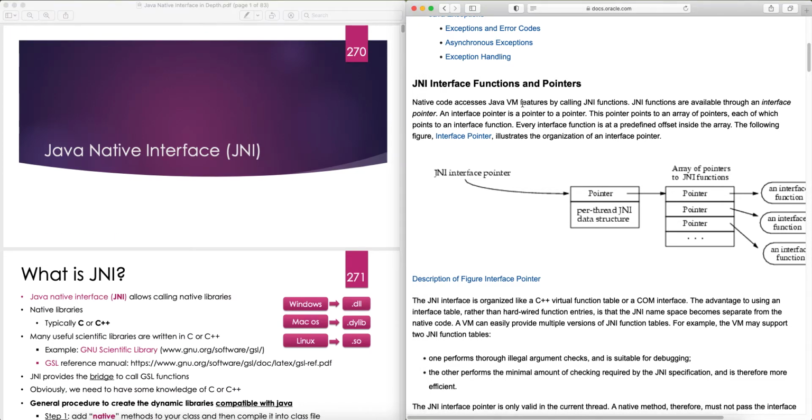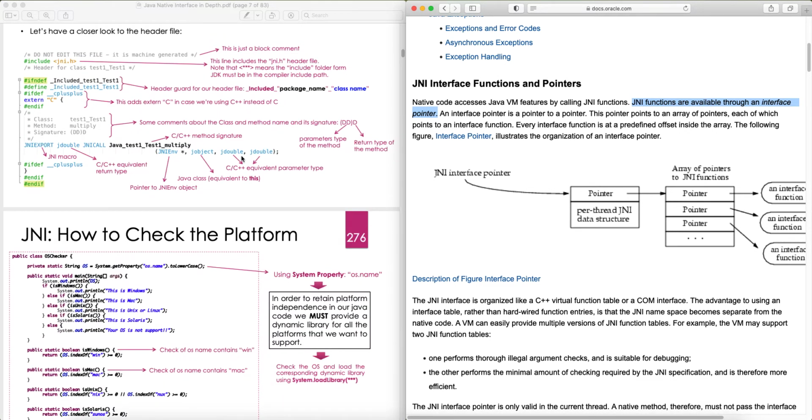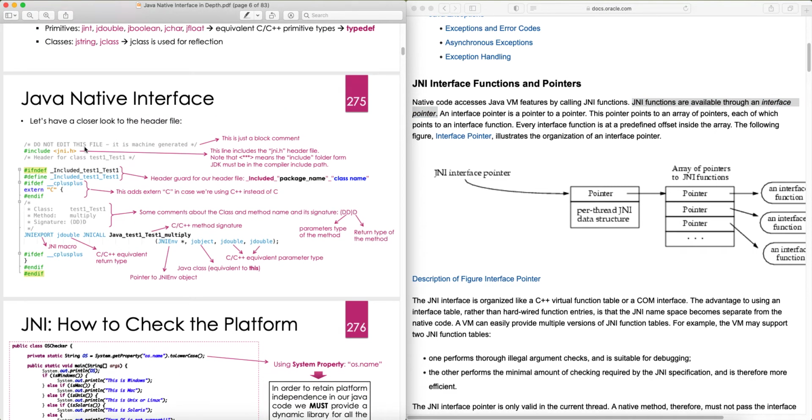Native code accesses Java VM features by calling JNI functions. JNI functions are available through an interface pointer. So it's the JVM pointer or JNI environment pointer that we have always used. I always call it basically JVM. So interface pointer, if I go to this slide that we early on looked at, the header file that the